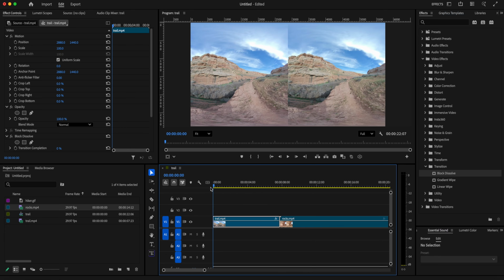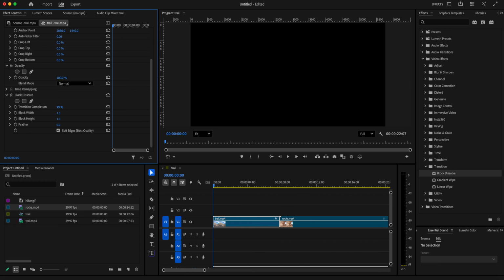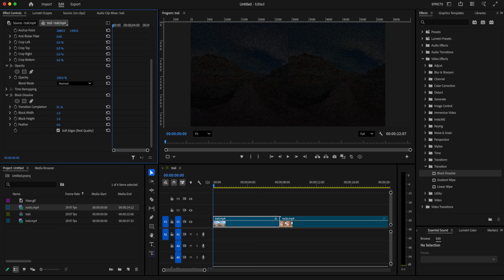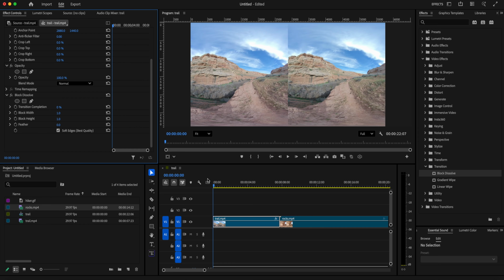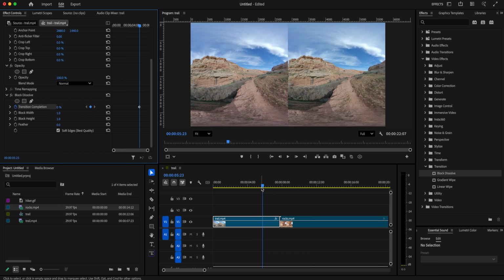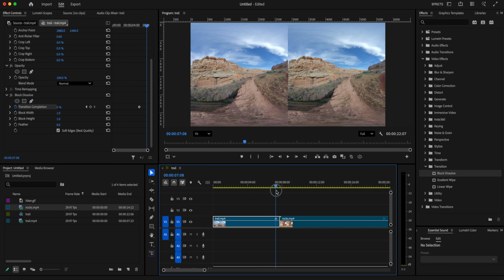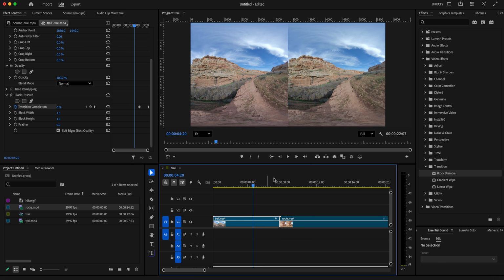And right now it's not doing anything. I'm going to turn this transition complete number up so you can see how it dissolves the video into blocks like this. So let's say at the very end of the video, I wanted to do a block dissolve. So I will hit the clock at 0. And then at the end of the video, I will go to 100%. And so it will, in time,